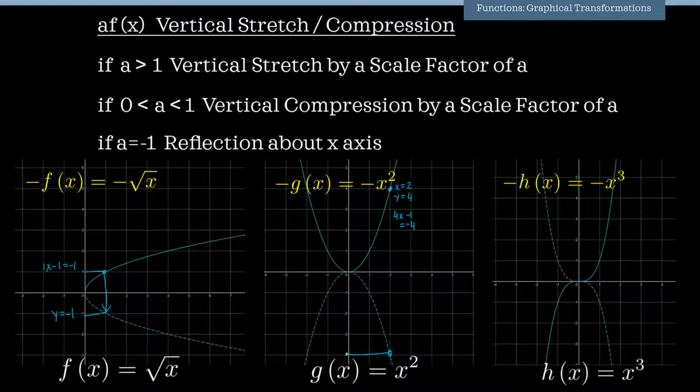So this point moved over here, the x coordinate remained the same, but the y coordinate changed by a factor of a. So the y value became -4. So either you can learn that when the value of a is -1, it's simply going to be a reflection about the x-axis, or you can multiply each y coordinate of the points by -1 to get the resultant graph.